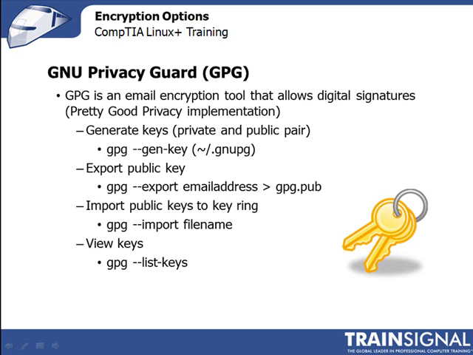This saves the public key associated with the name or email address that's in the gpg.pub file. Then all you need to do is make your key available to others so that they can encrypt messages that they send to you or use it to verify messages that you send out to them. You can add the --armor option to produce ASCII output, which may be good if you plan to